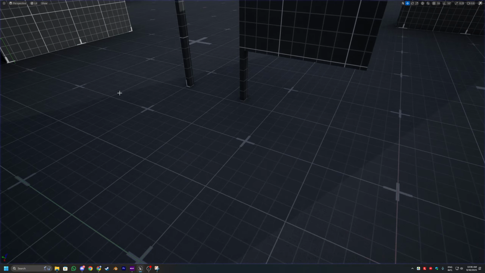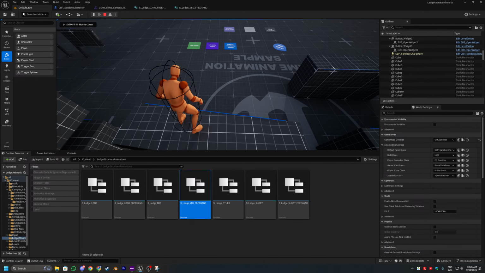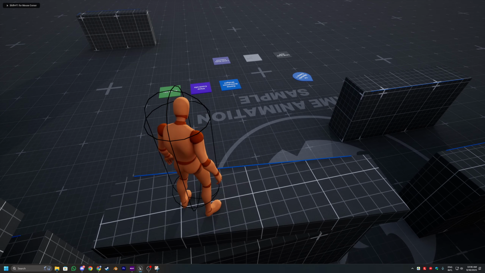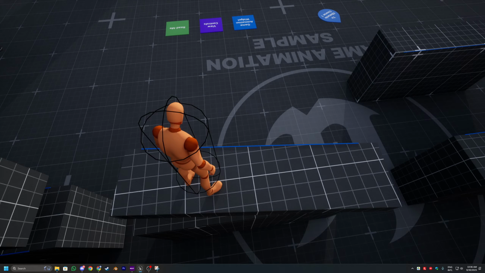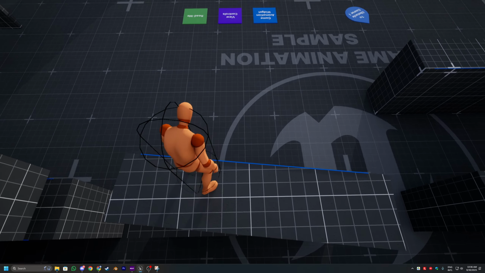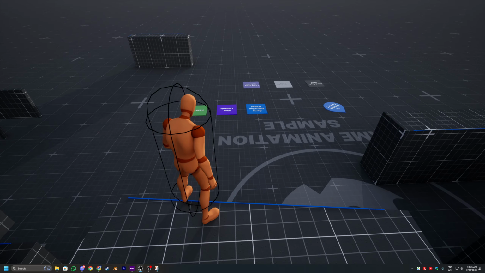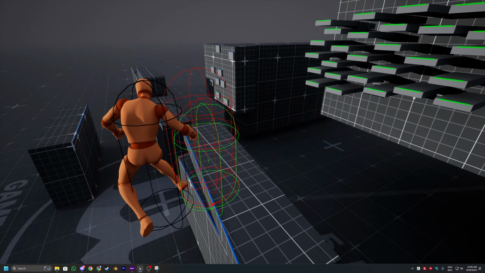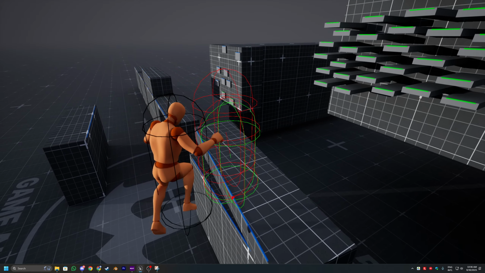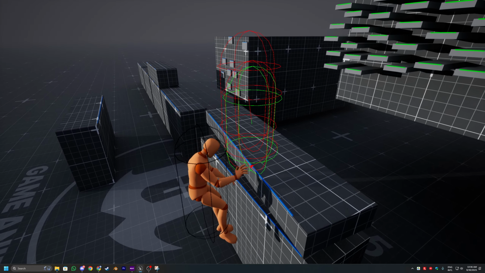Now the next thing I want to fix is when you drop down. So as you can see right now, we have only the choice of making the character drop from the box to the ledge. So as you can see right here, if you aim this way, facing this way, and then you press F, the sphere trace is going to detect the ledge and the character is going to perform a 180 action,